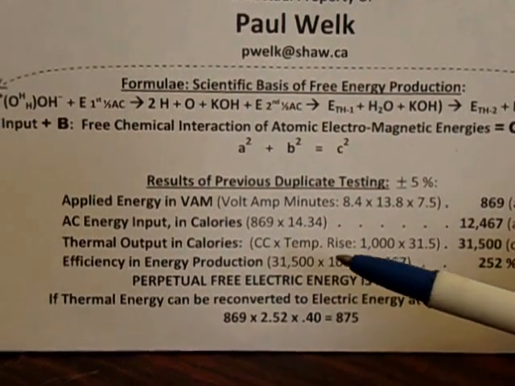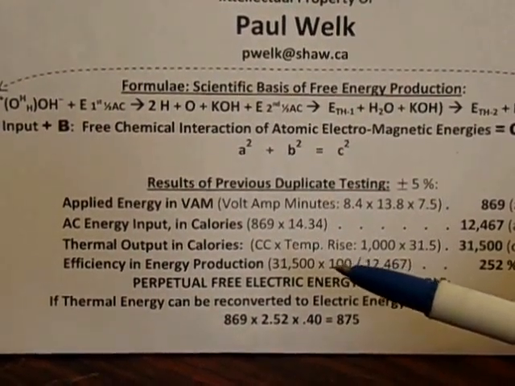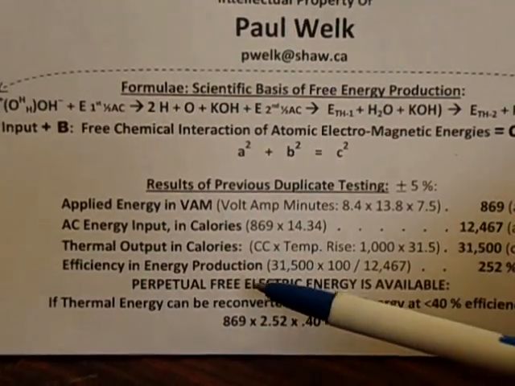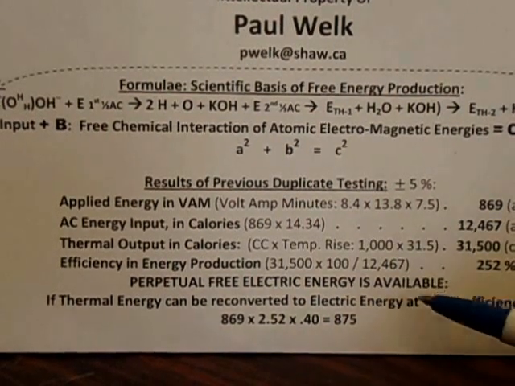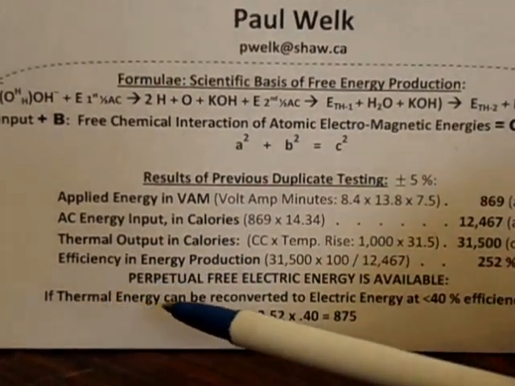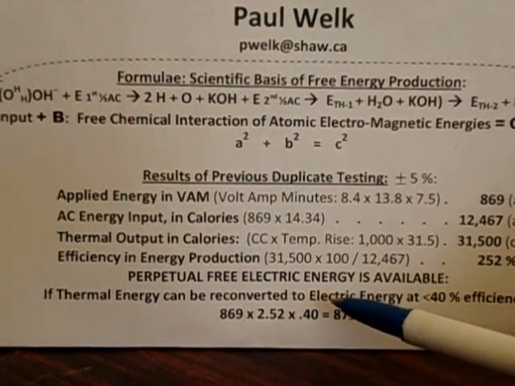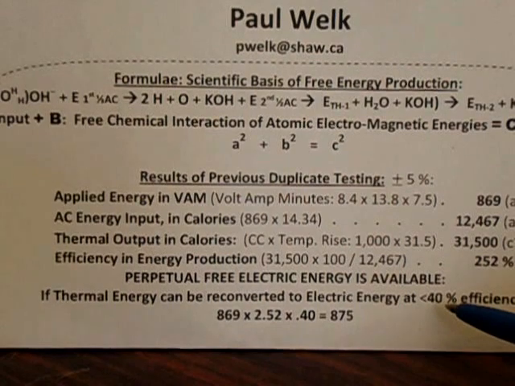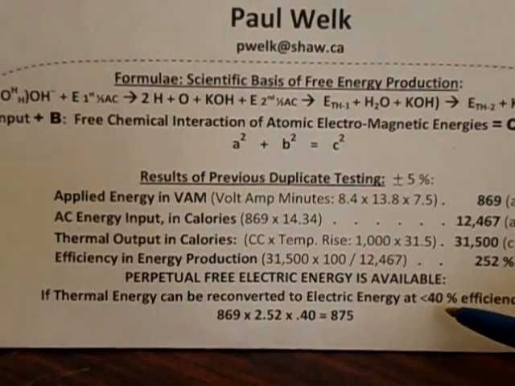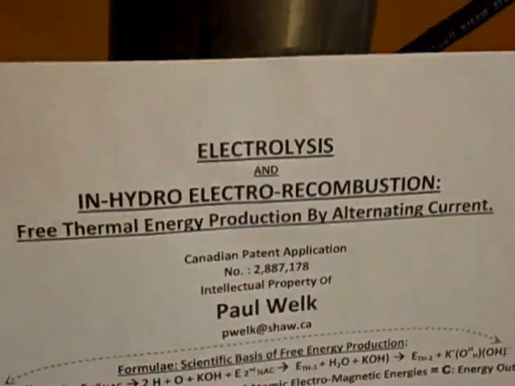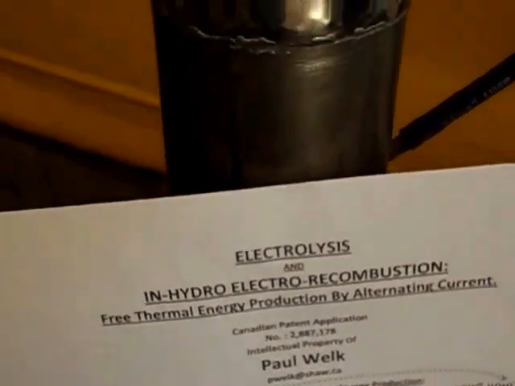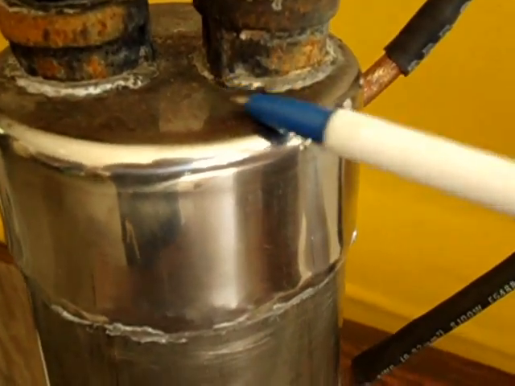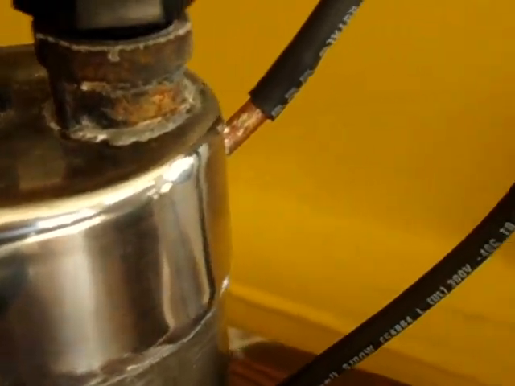Let me read now the bottom part of this sentence here. Perpetual free electric energy is available if thermal energy can be reconverted to electric energy at an efficiency of plus 40%. What does that mean? It means that we have an electrolytic cell which puts out steam, and if there is